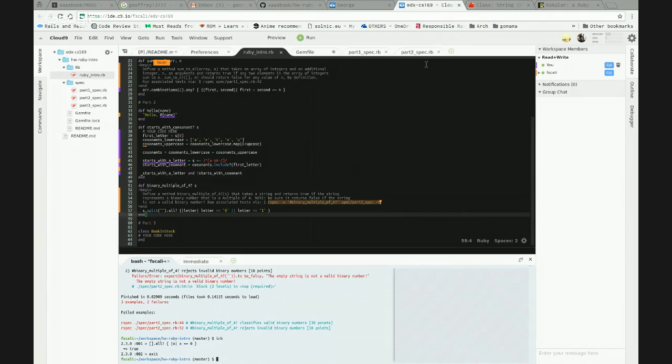So is there a function is empty, something like this? Yeah, there's a function. I think you should save this check in a variable and call it something like is binary, and we can use it later.